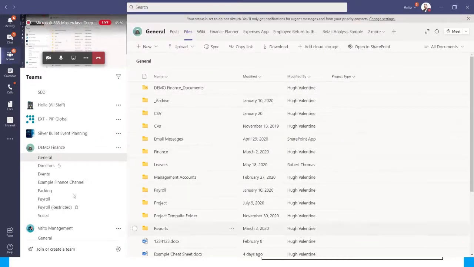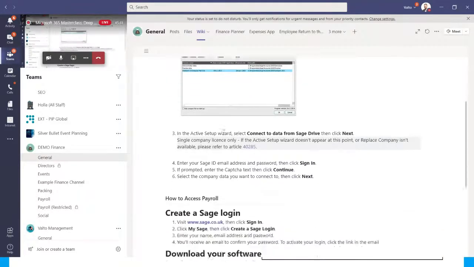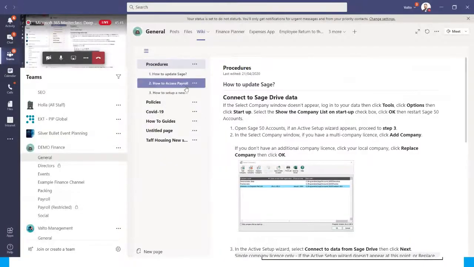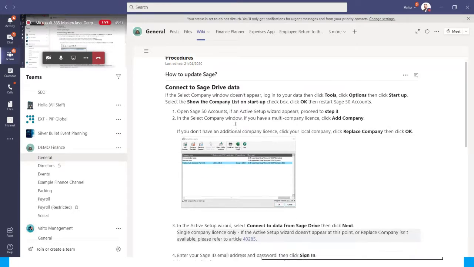So it means you can get away from messy file permission structures and really look at simplifying that. We can also build a wiki for that department. The wiki is a knowledge base for that team. It shows all of the new starter procedures, policies, that kind of thing. So as a new starter in the organization, you can quickly get up to speed with how to do